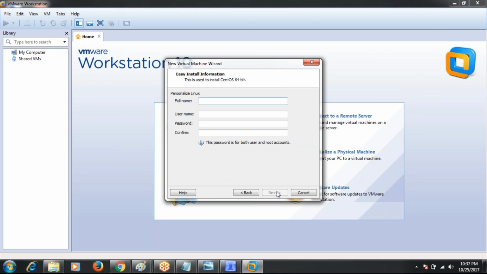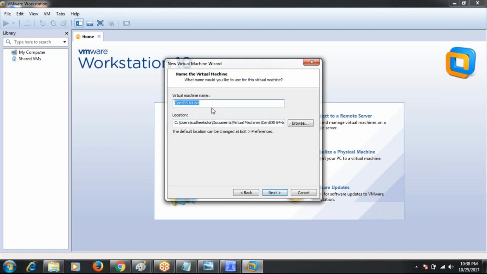I can mention some details here, like the username, HD user, and the password. You can give any password. Are these credentials optional, or do I have to use the same one, Hadoop, HD user? No, it's your wish. You can give any names.